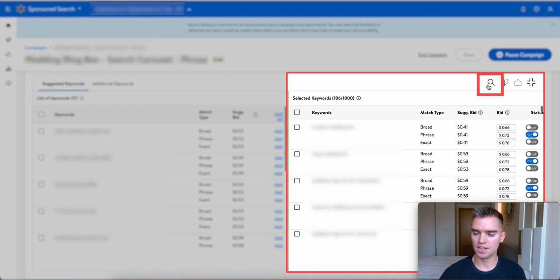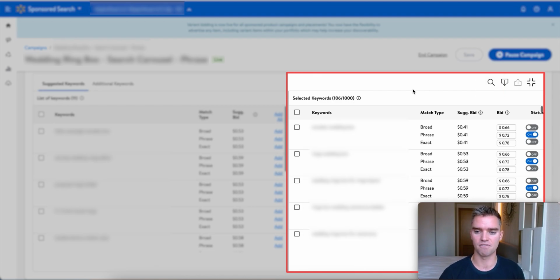Now, in the top right, you can see there's a little icon where you can search for keywords. This would be great if it actually worked. As of right now, it doesn't work. It's very glitchy, but that being said, within 24 or 48 hours of this video going public, it could work. So I'd go ahead and use this to save some time. Otherwise, you'll just have to manually scroll through and find the keyword, which I know is not ideal,